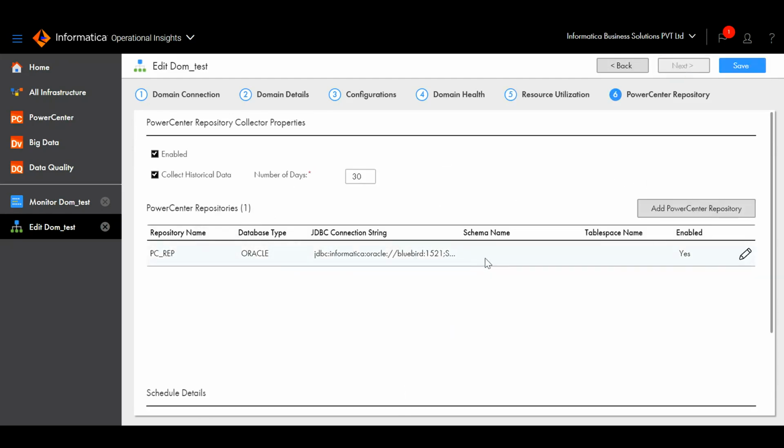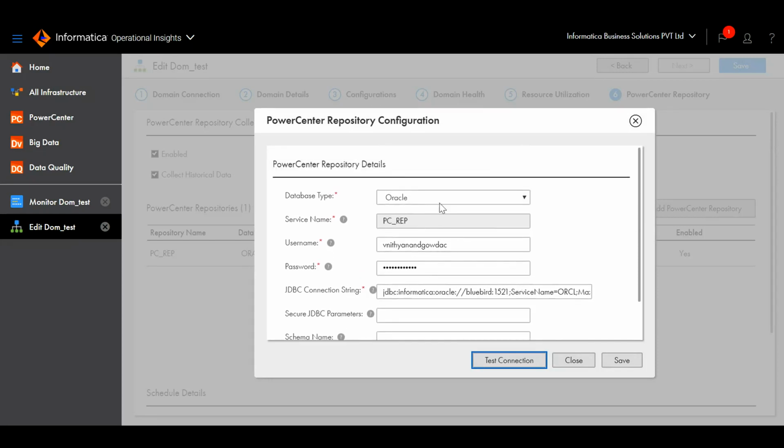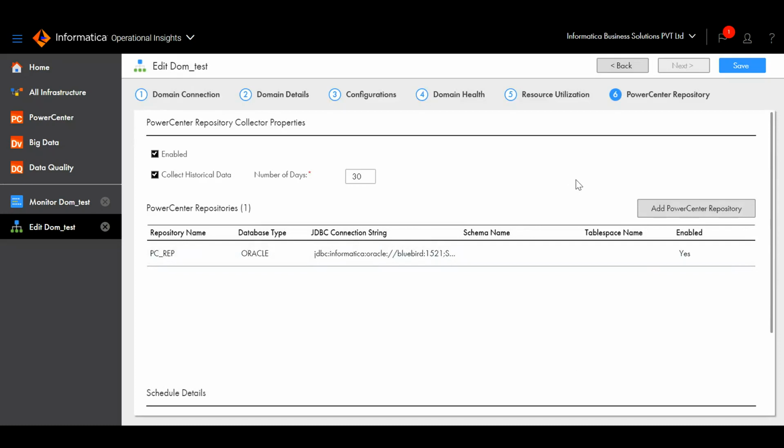Here you can register your Power Center repository for which you want to get the details. I have given all the details and I have tested this connection. After doing all this configuration, we just have to save. Once we save that,